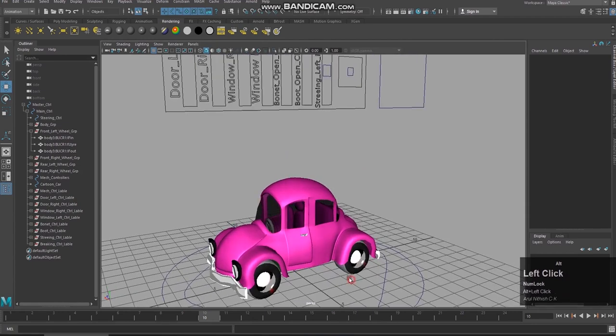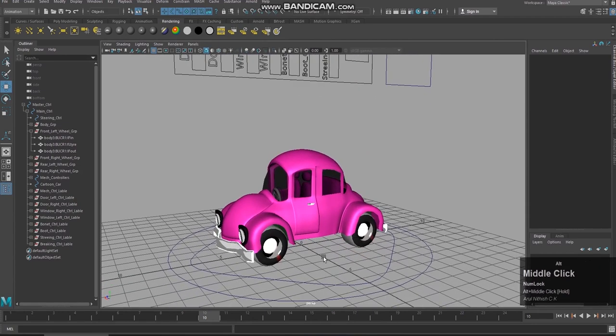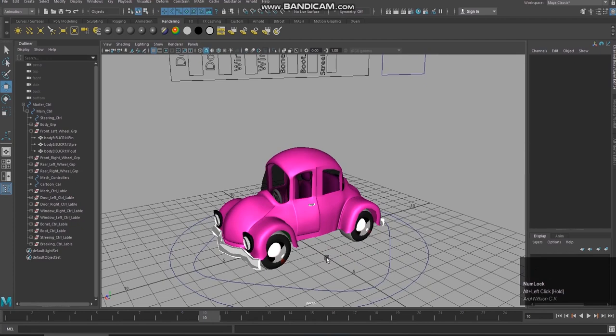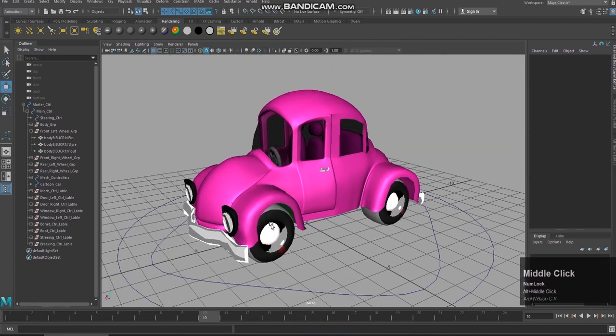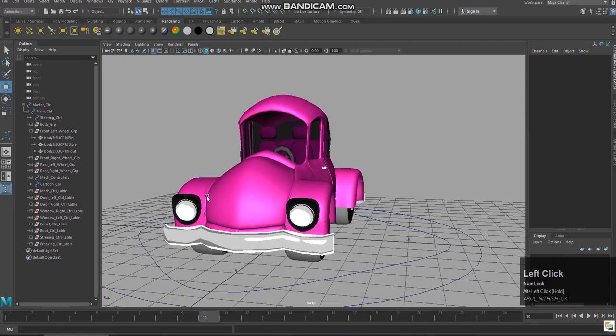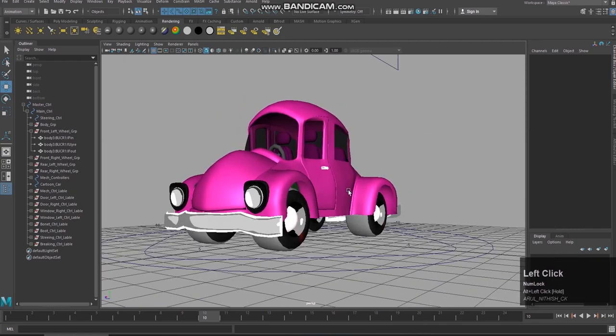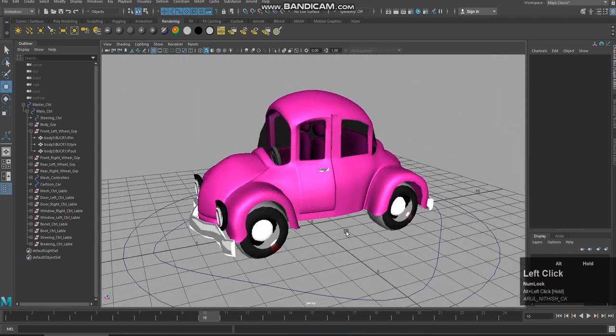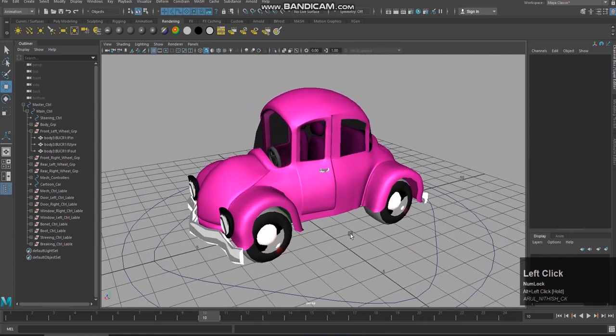Now initially we will apply the deformers. Say for example, let me imagine my car is having legs. So this tire is a leg, this is a leg, and this is a leg, four legs. Just imagine my car is walking slowly, as a sneak walk. My car is hiding or walking as a sneak walk. You know what a sneak walk is? It is like not making sound. Keep each and every step slow and extended.